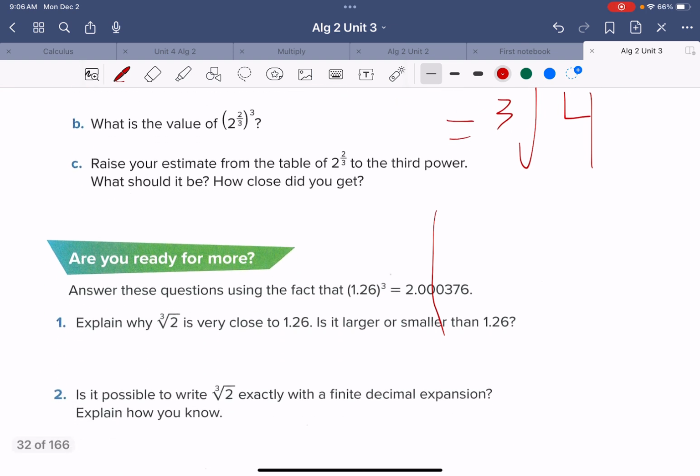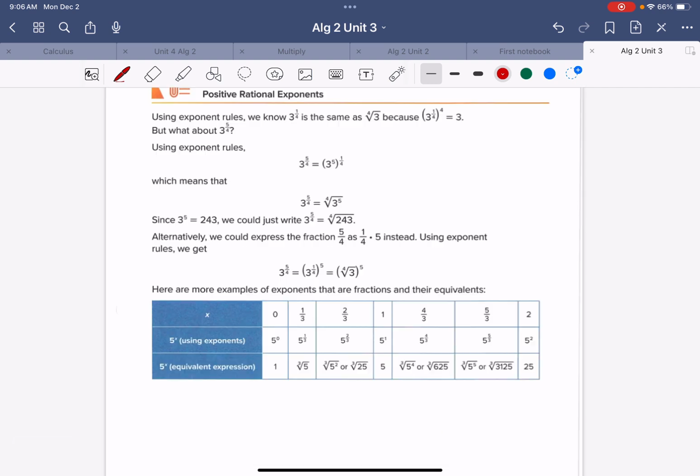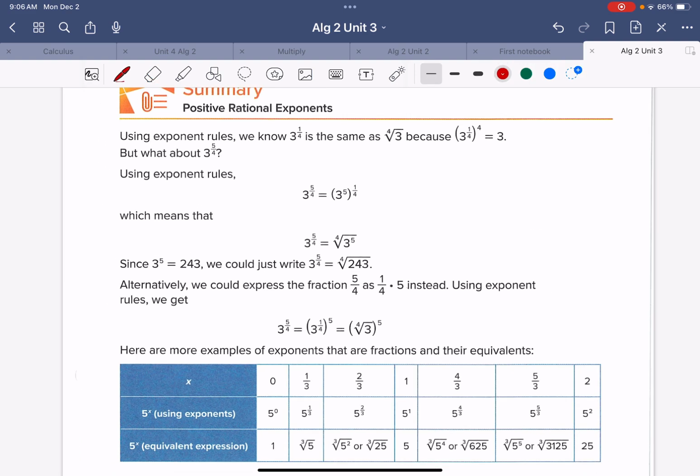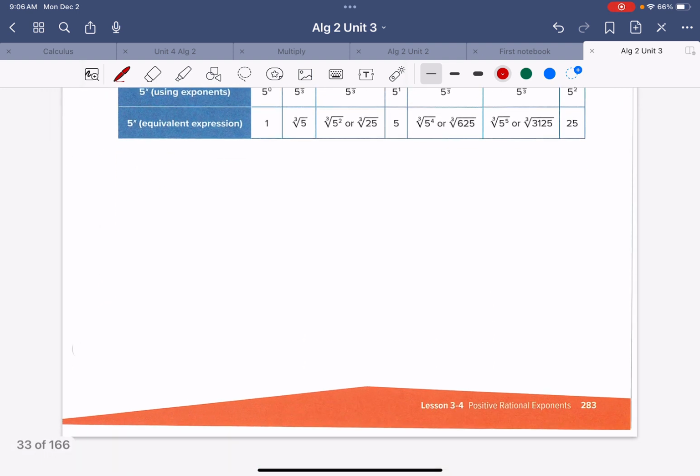Ready for more? Well, you could type those into the calculator, no big deal. And here's the summary page. All right, didn't mean to do that. Let's go back to the pen tool here. What's this summary page say? This is on page, what is this on? We're on the orange page,